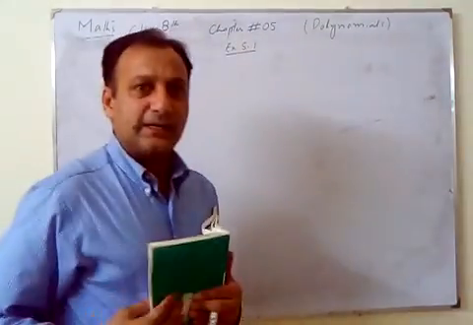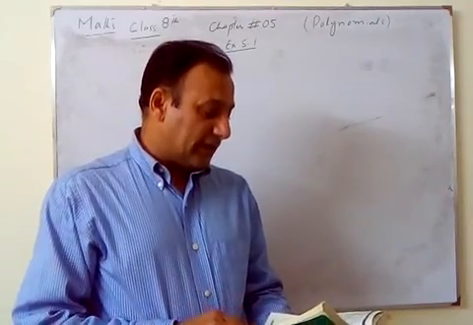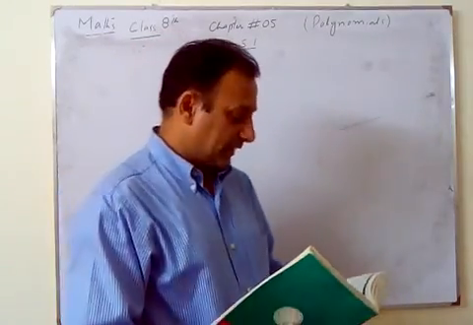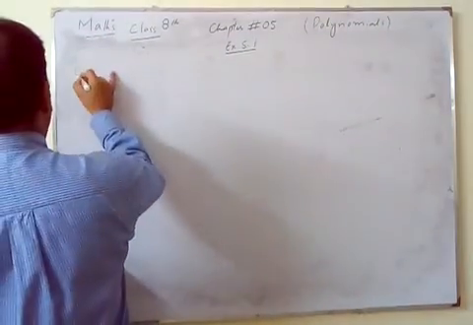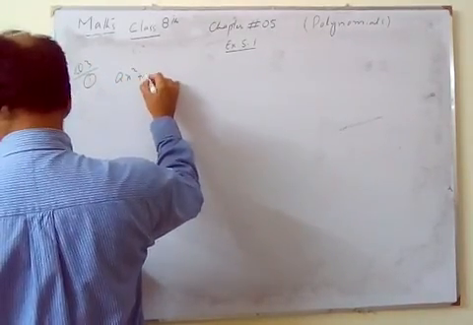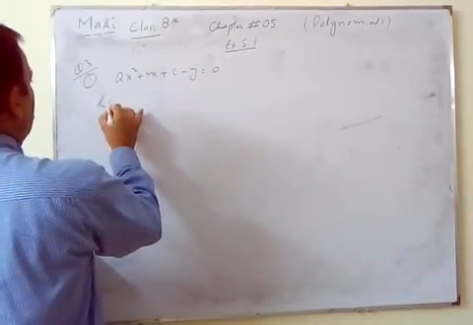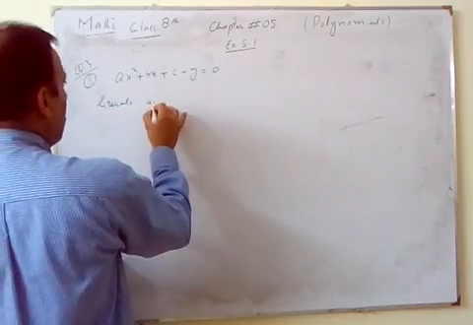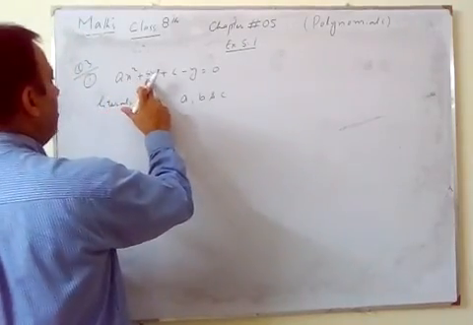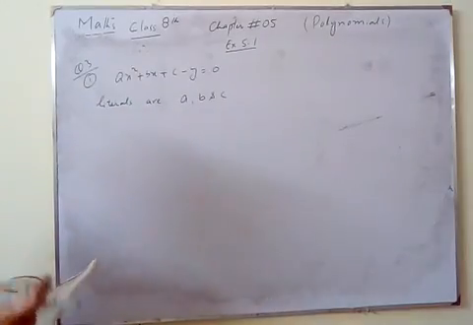Objective type exercise. No solution is required. He is saying in the next question, write the literals used in the equation. In question number 3, part 1, ax square plus bx plus c minus y is equal to 0. Literals are a, b and c, whereas x and y are variables.